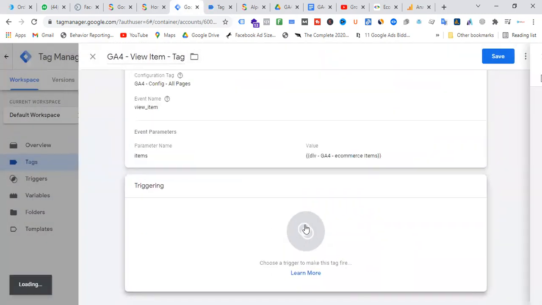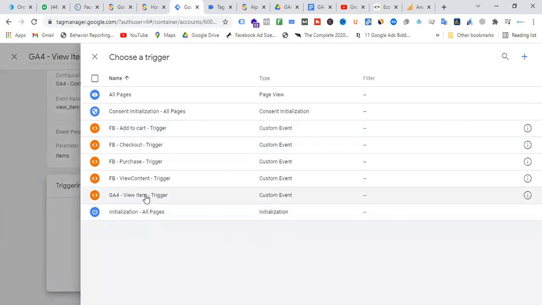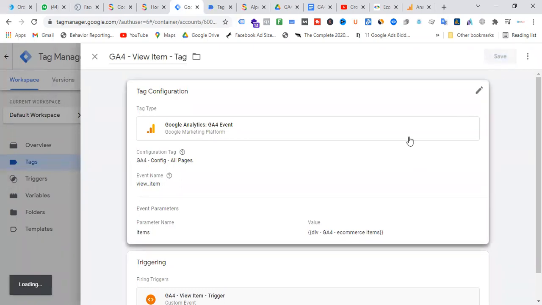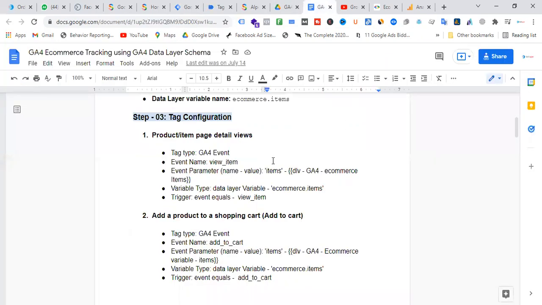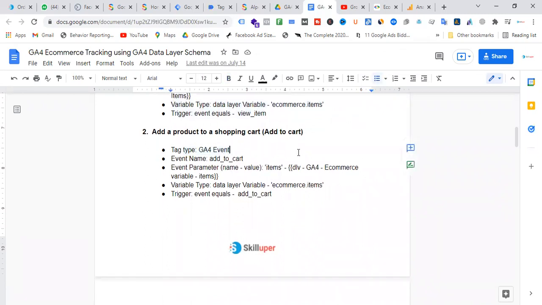Okay, here actually it would fire the GA4 view item. That's it. So this is actually done.